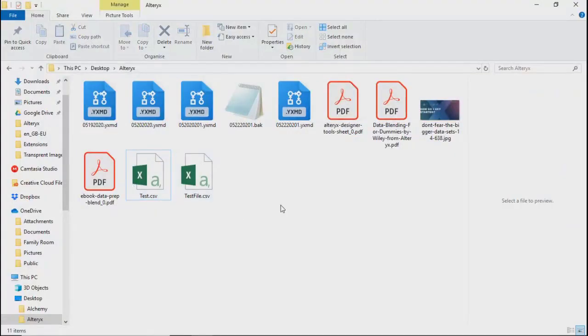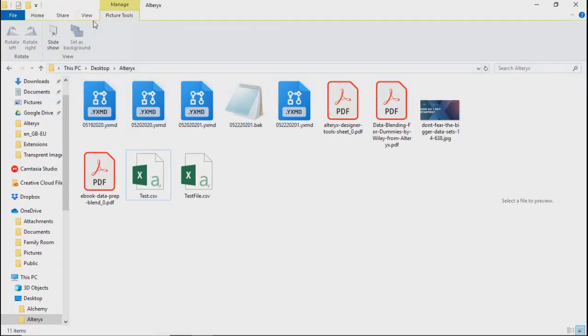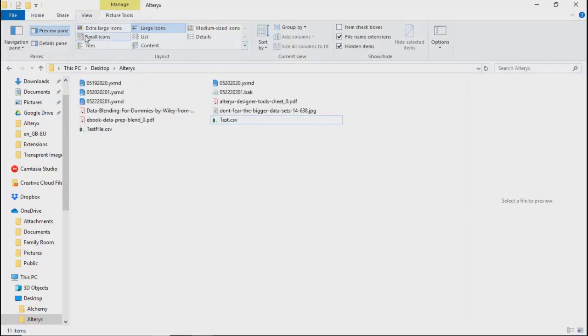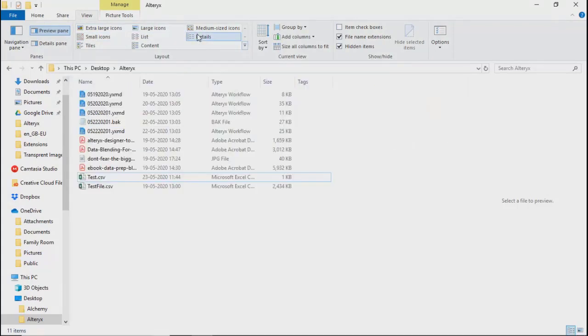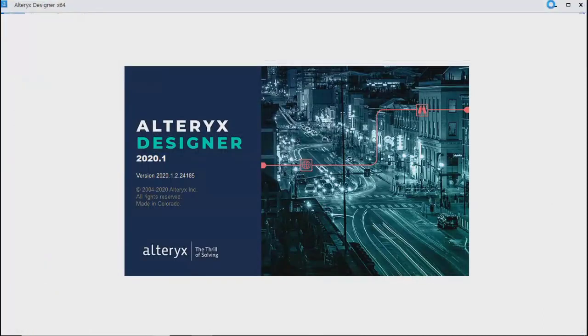Venkat, have you worked on any ETL tool earlier? No. Okay. Generally, how do you move data from one place to another?